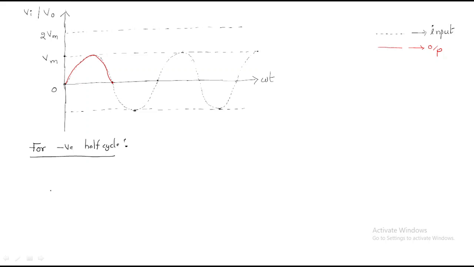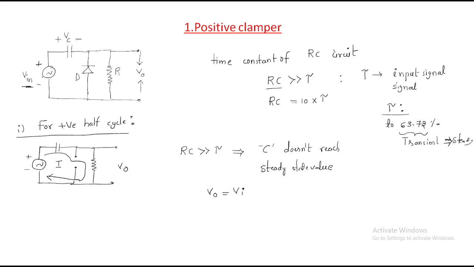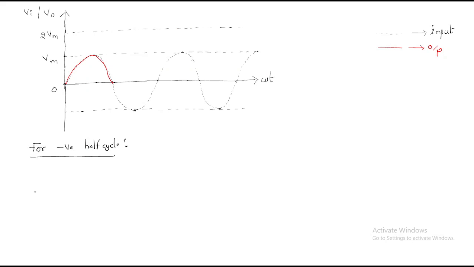The circuit is like this. Circuit for negative half cycle, the circuit will become short circuit. Look at here. For negative half cycle, this will be negative and this will be positive. Then negative will be applied to the N type, positive will be applied to the P type. Then it will become short circuited.